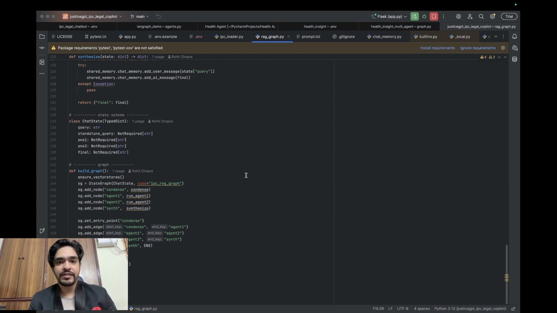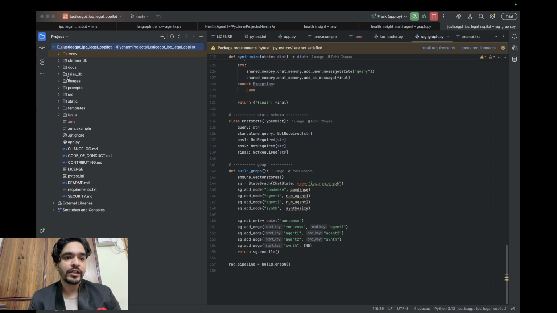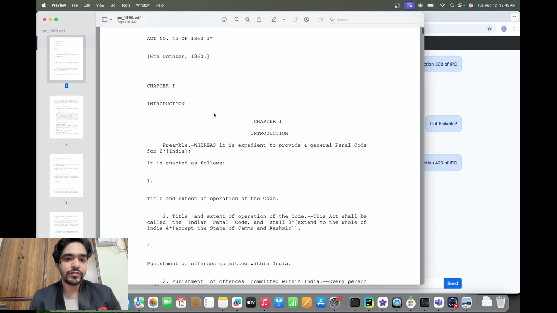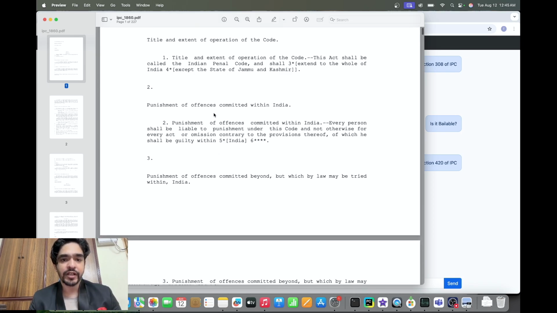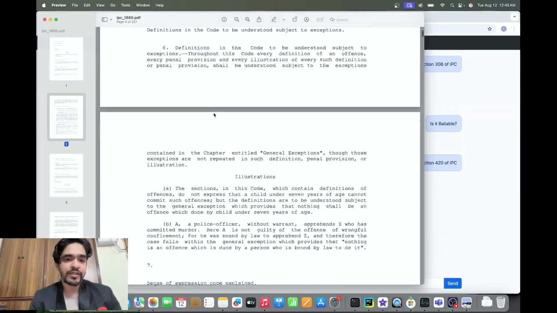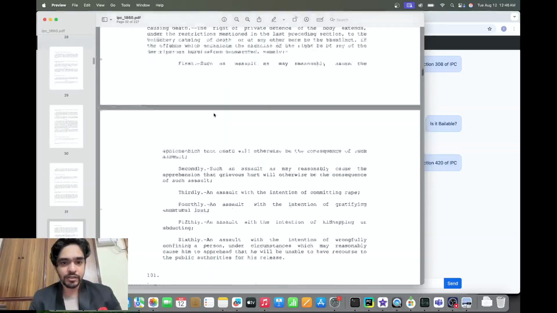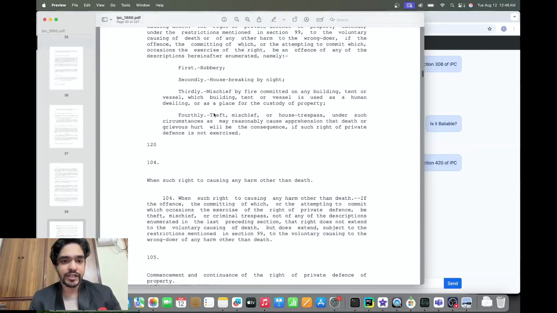and very well this can be extended to even include remediation for the various IPC sections. But right now we are providing the corpus, which consists of the information about the various IPC sections. If I open the document which I have downloaded from the internet, it comprises the various IPC sections. It has around 200 pages. So you can see the various IPC sections, but it does not really provide the legal remediations. It's more of